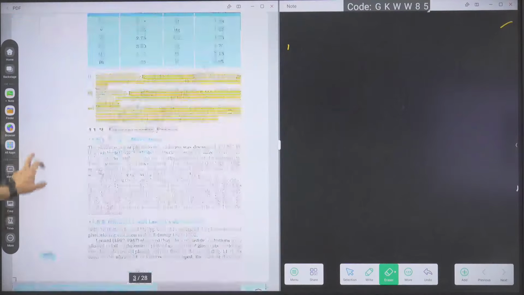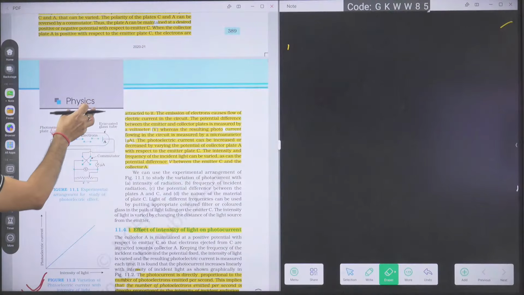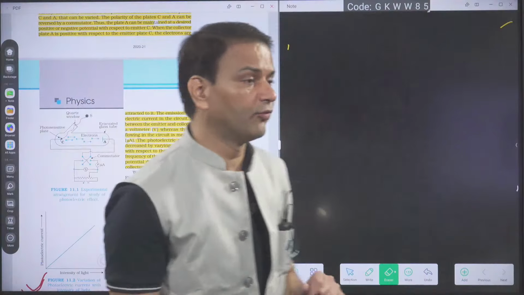Then the photoelectric effect, basic things, basic definitions. We have to know what here. Now this is the setup of the experiment. Here this is the emitter or cathode. When light of suitable frequency falls on the metal plate, then what will happen? Due to the absorption of photon, electrons will get ejected. Those electrons are called photoelectrons.